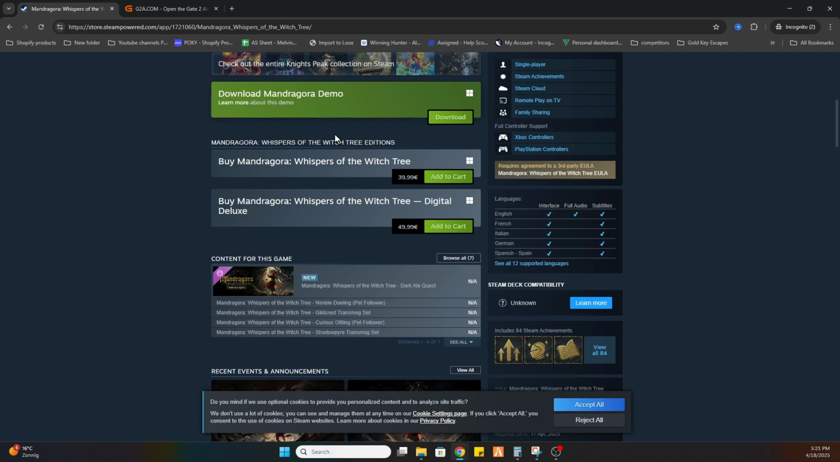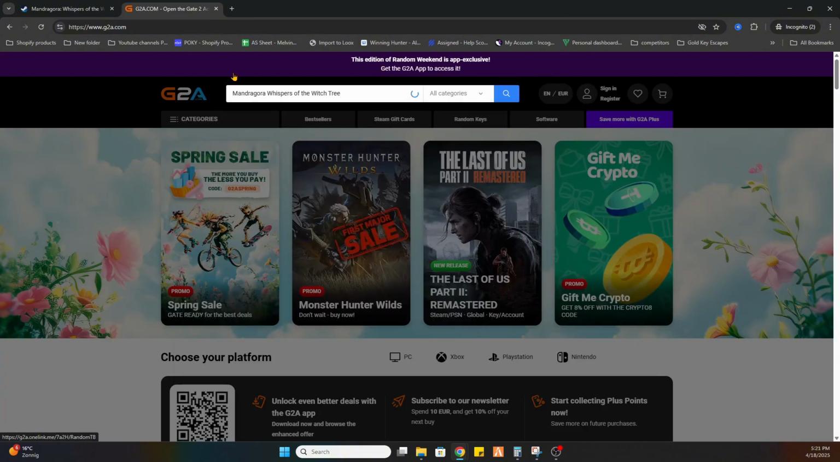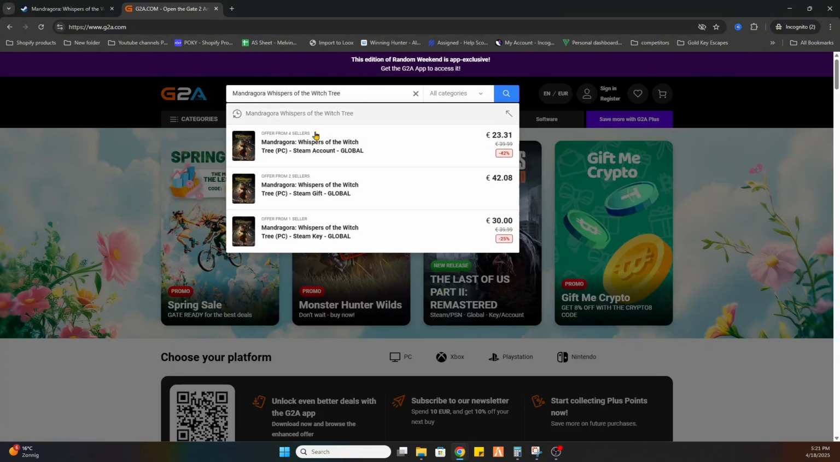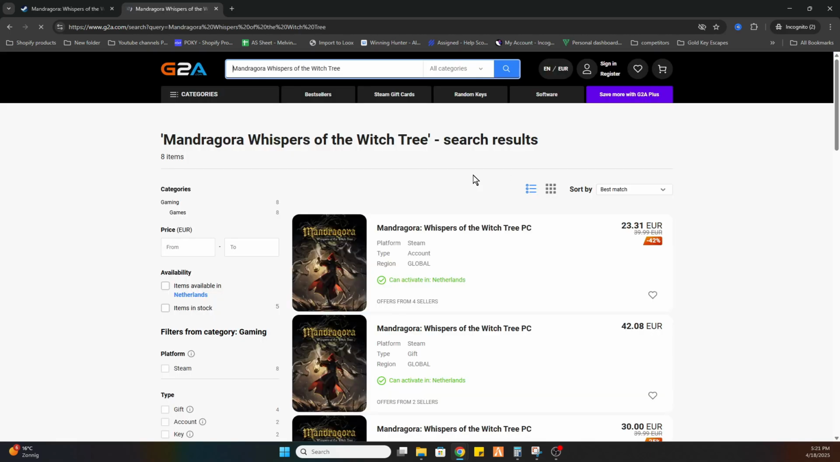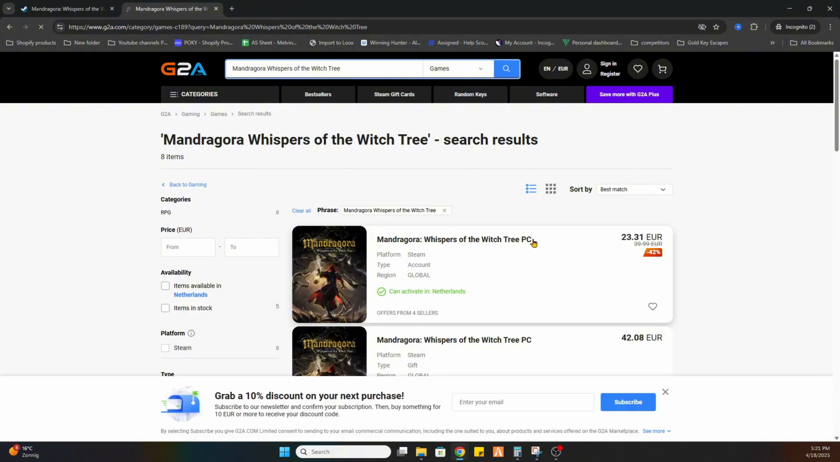What you need to do is go to the video description where it says find game here, and you will be redirected to this webpage. Now we will search for the same game, Mandragora Whispers of the Witch Tree, and then click on search. After that we need to select games on the left side, and then we need to sort by price lowest